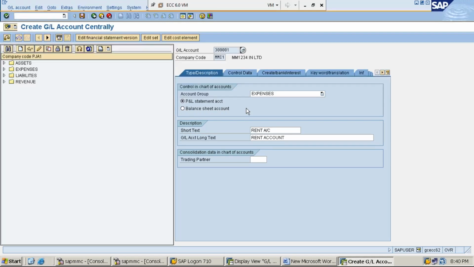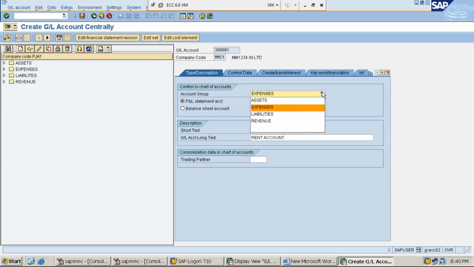Maybe because of the account group number which we have specified. Correct. Under the account group expense, we are creating this rent GL account. Therefore, 3 lakh one will be understood by the system as expense only.